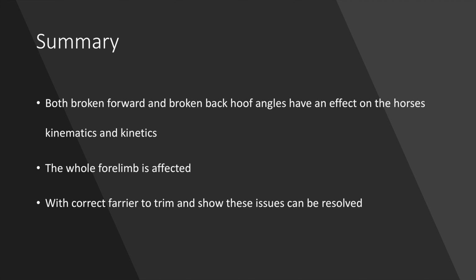To summarise the effects of the hoof pastern angles, it is clear that both the low and high hoof angulations can have detrimental effects on the horse's anatomical structure, which will further influence the biomechanics and limb kinetics and kinematics. Both broken forward and broken back hoof angle axes are able to be fixed by the correct trimming and shoeing from a farrier to get a natural hoof shape for the limb to be able to absorb shock from the horse's gait, but without management and care can cause long-term effects to the